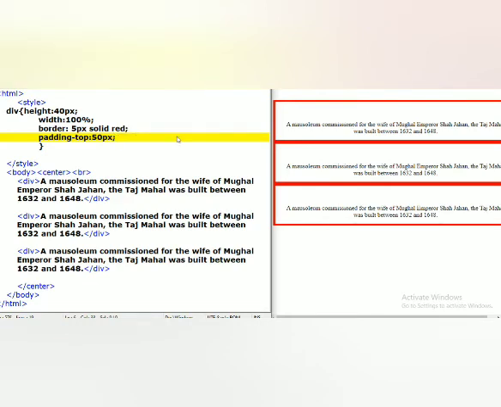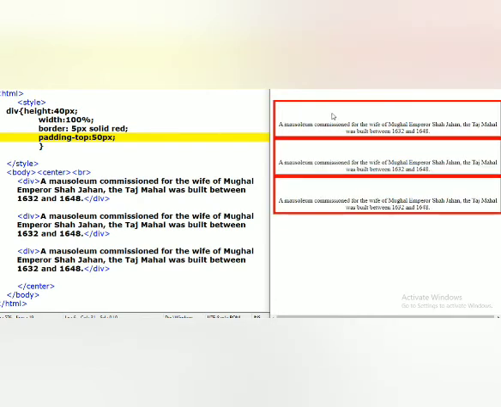So what I'm doing, only the top of the element, with 50 pixels padding I am going to apply. Save it and refresh. Here you can observe all 4 sides are applying 0 pixels, only the top of the element is applying 50 pixels.